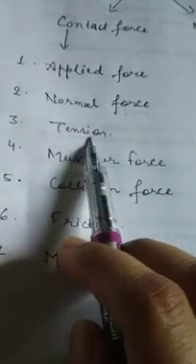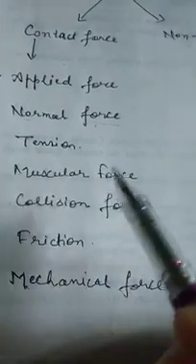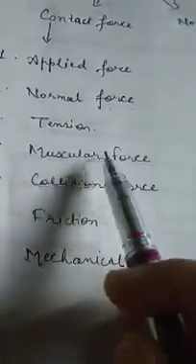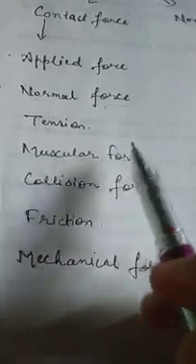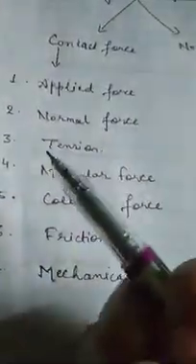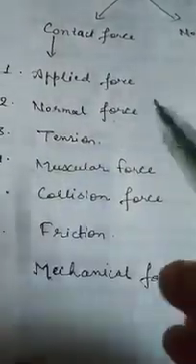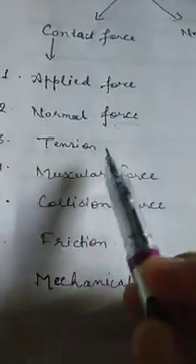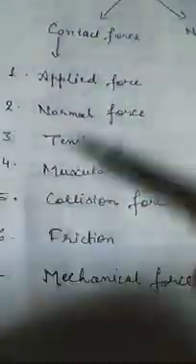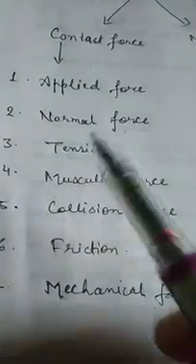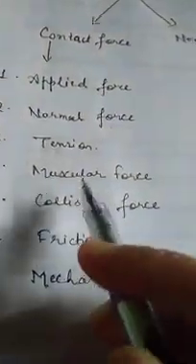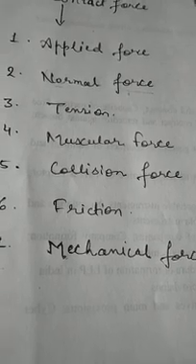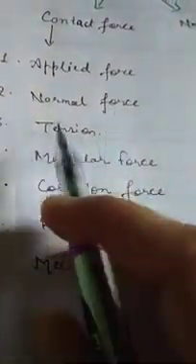Tension is the force which is exerted by a string or rope when it is stretched. You can take an example: suppose we pull a cart with a rope. We apply force on the rope to pull the cart. So the rope in turn applies a force on the cart and the cart starts moving. In this case, the tension exerted by the rope pulls the cart, and the rope exerts force in the direction opposite to the applied force.